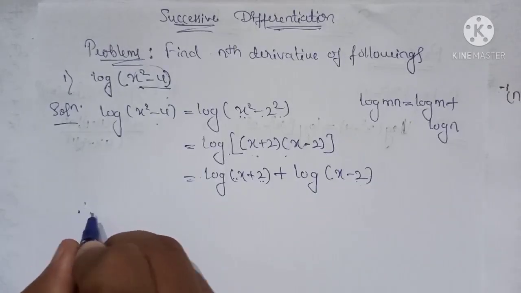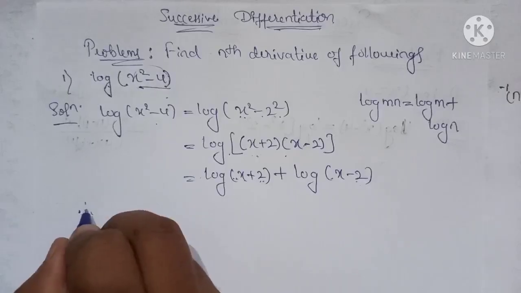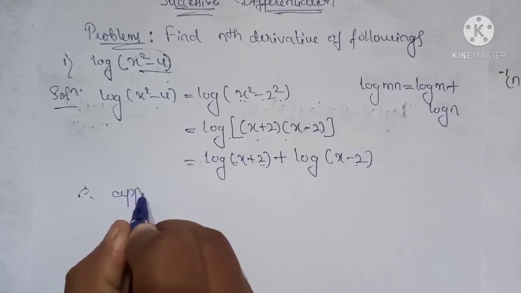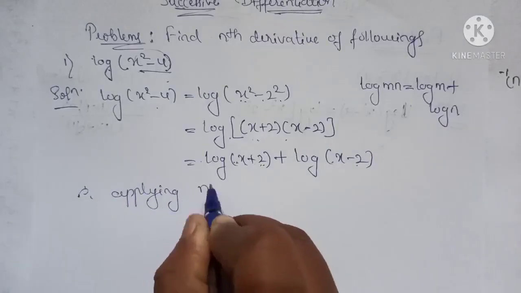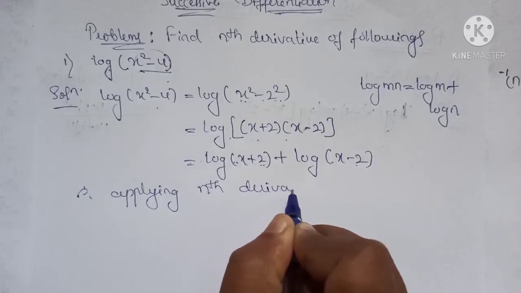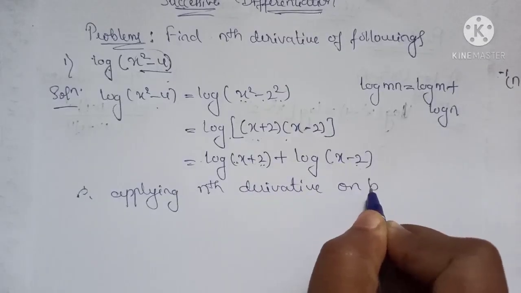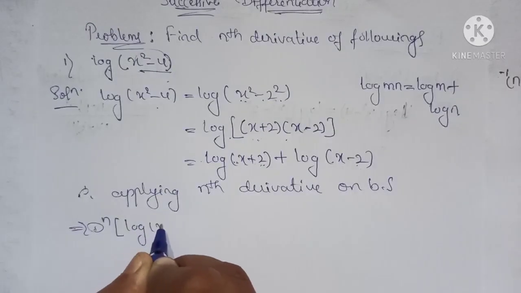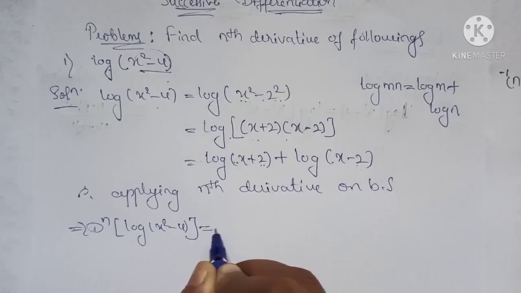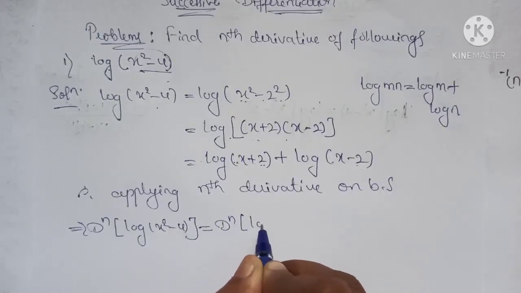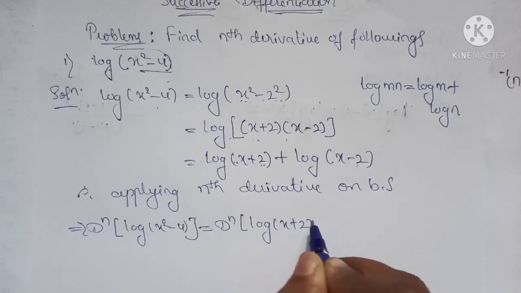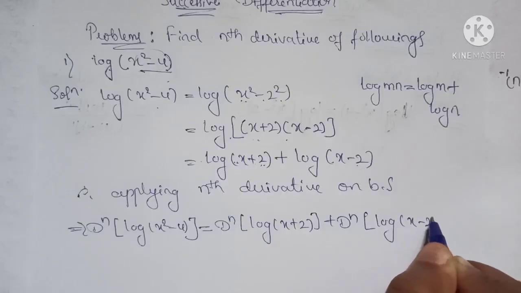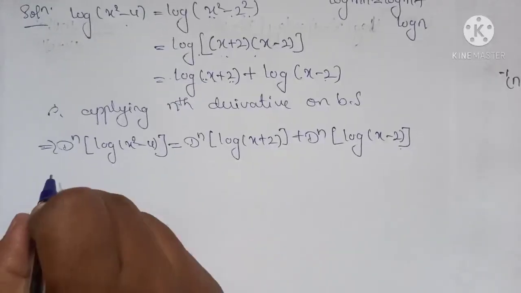Now therefore, first you can apply the nth derivative here. So applying the nth derivative on both sides, we get the nth derivative of the given function is equal to the nth derivative of log of x plus 2 plus the nth derivative of log of x minus 2, right? Then we use